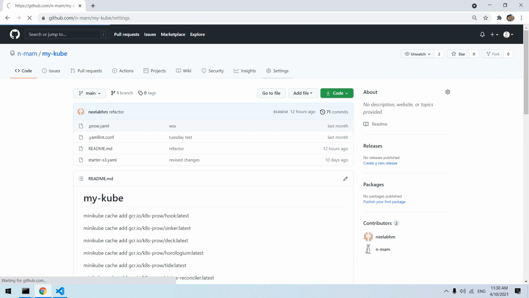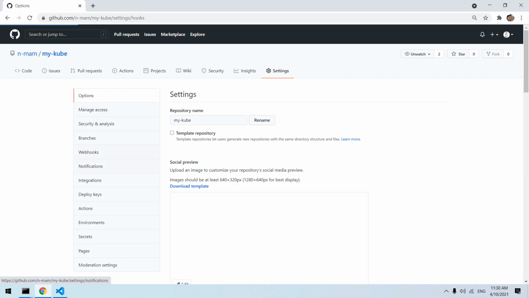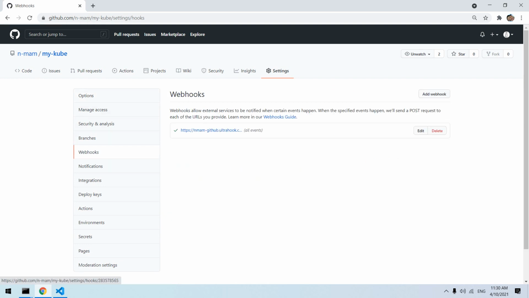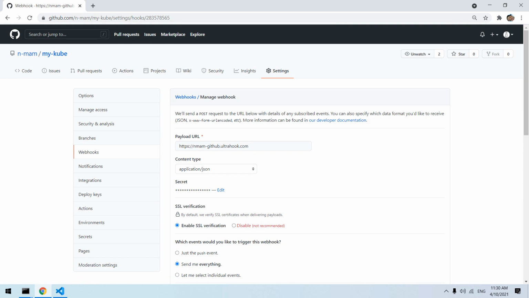So go to the settings of this repository, go to webhooks, and here I have already configured a webhook. Let's first check what the details are.